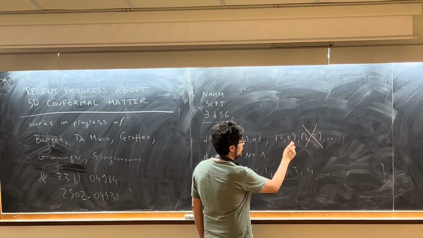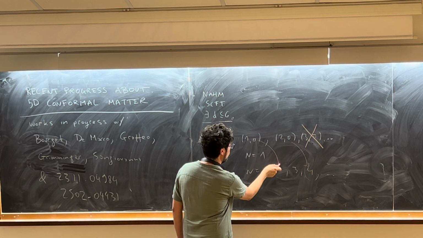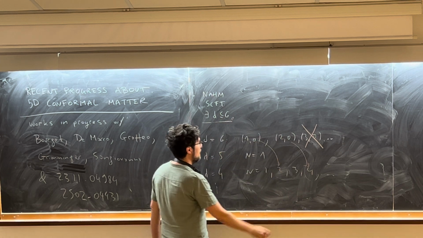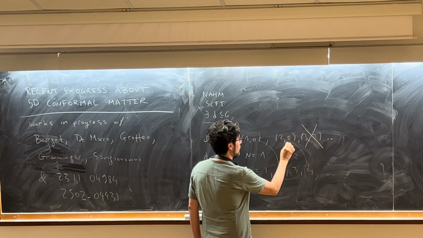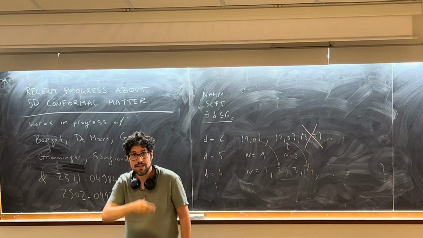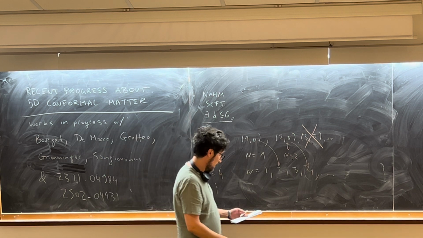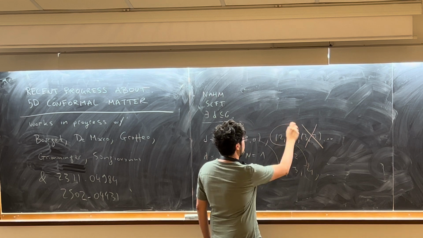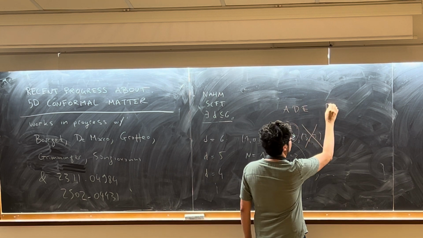And then by circle reduction, you see that (2,0) goes to N equal to 4, and the (1,0) will just go by circle reduction to N equal to 2. Here there is a putative N equal to 2, which is the circle reduction of (2,0), but the ultraviolet completion of these theories is in one dimension higher, so they don't really count as superconformal systems in 5 dimensions. In this context here, there is a very simple classification, goes by ADE,